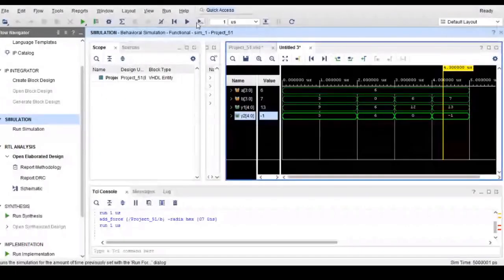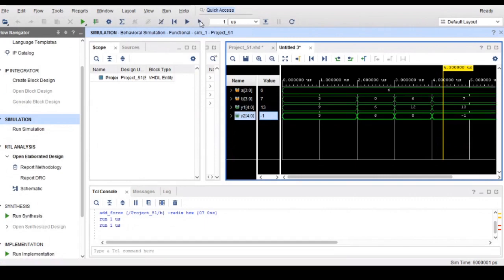You run for only 1 nanosecond. This one only you are using, right? See my screen, run for 1 microsecond. I'm using this. If you left click one time, what happens? It shows an error and does not go forward.